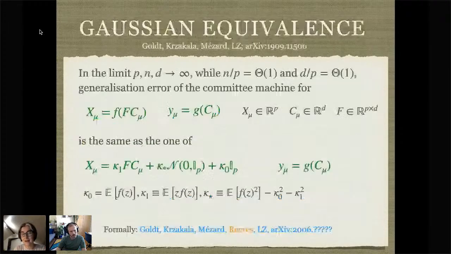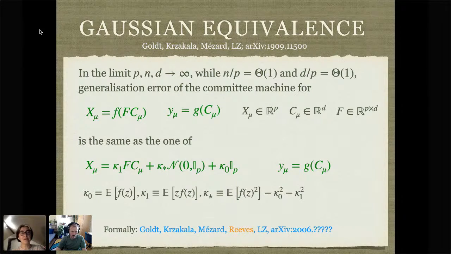So how comes that the way we created the matrix X is very correlated? So how comes that the theory that always needs to average over randomness is able to pull this off? So there's actually an interesting property here that we call the Gaussian equivalence, that states the following: